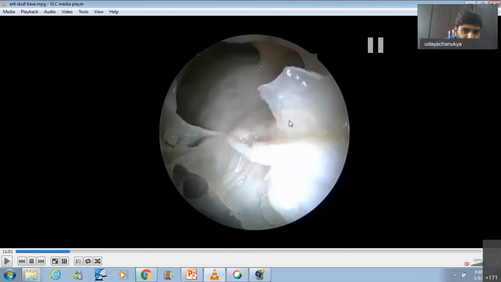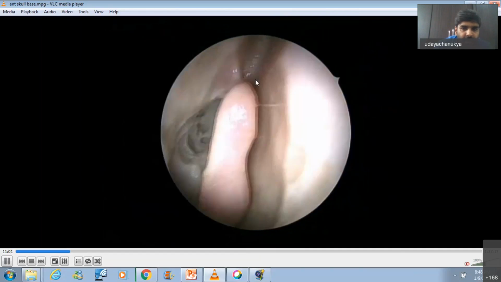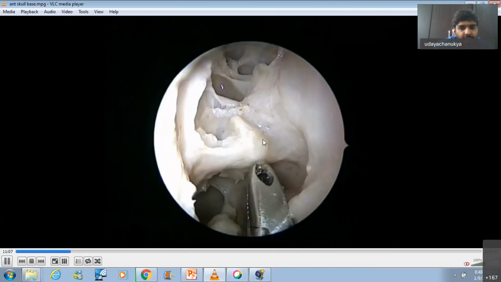If this is the frontal sinus and this is the anterior ethmoidal artery, this part is the anterior fovea. Most of the times we expand this frontal sinusotomy at the expense of the anterior fovea. This is the anterior ethmoidal artery, and this is the middle turbinate, which is slowly, gradually changing its axis and becoming the